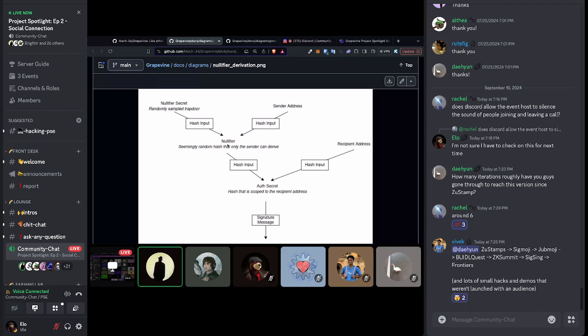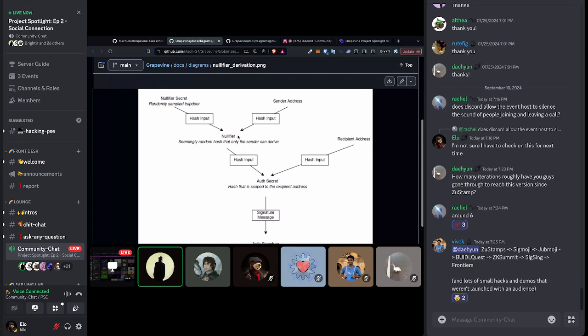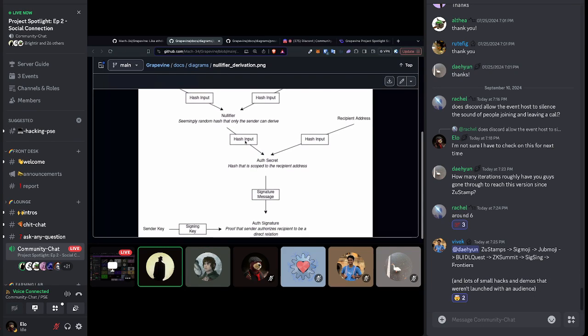First off, we have to derive a nullifier. I'm not going to talk too much about it, but the derivation process makes it so that you can't just randomly emit any nullifier. You have to emit your own nullifiers. And then